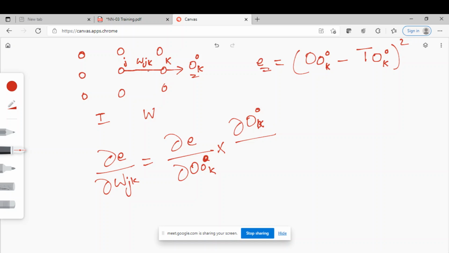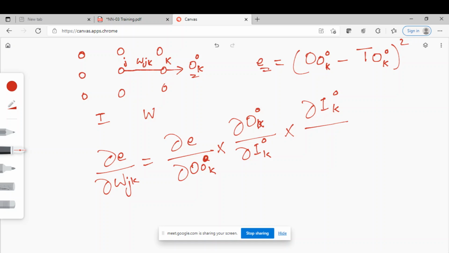And this input depends on what? The input to this neuron depends on what? But now we want to differentiate with respect to w_jk, so we should stop here. Instead of calling it the output of the hidden layer, you can say it is a function of the weight.